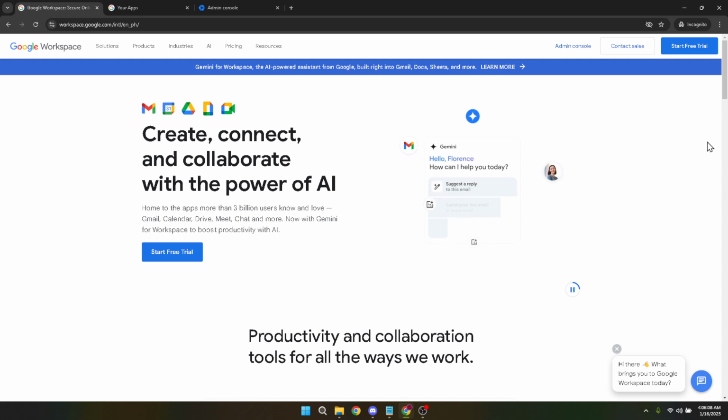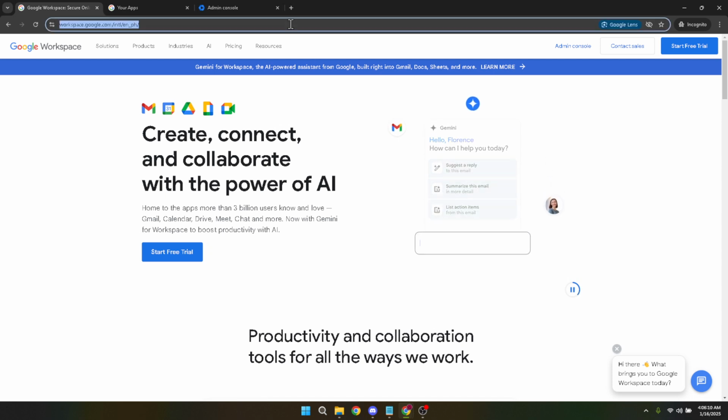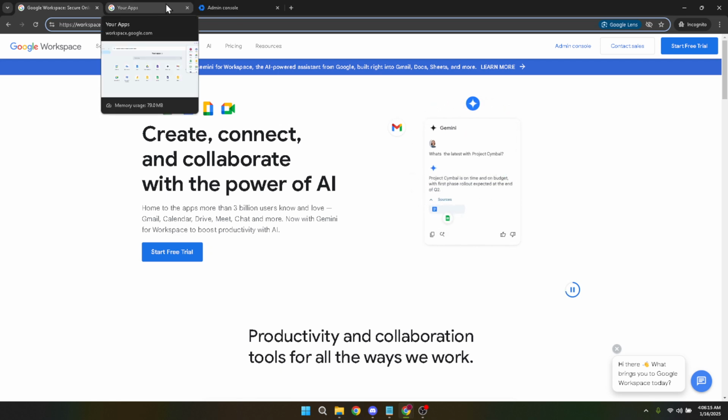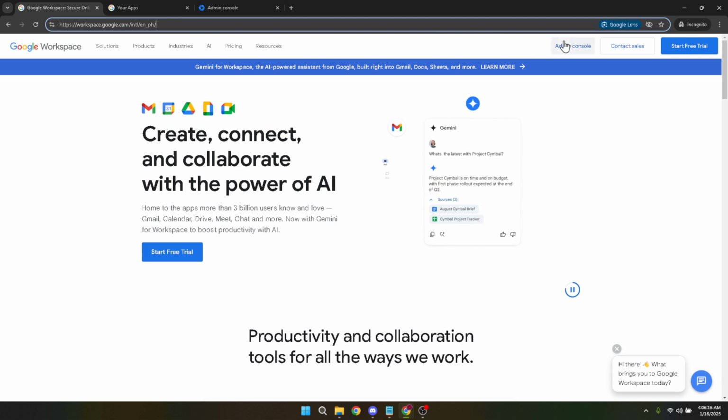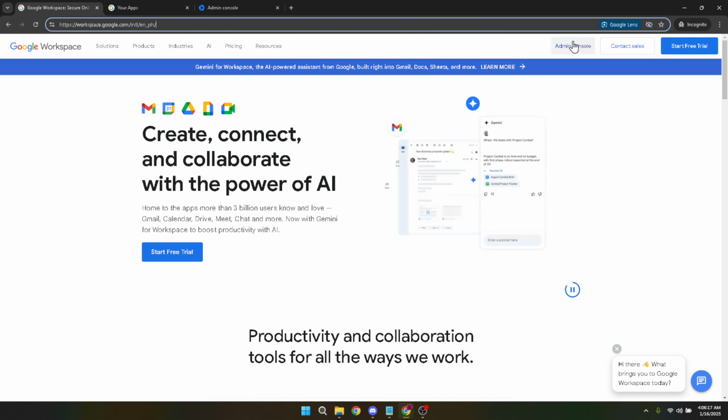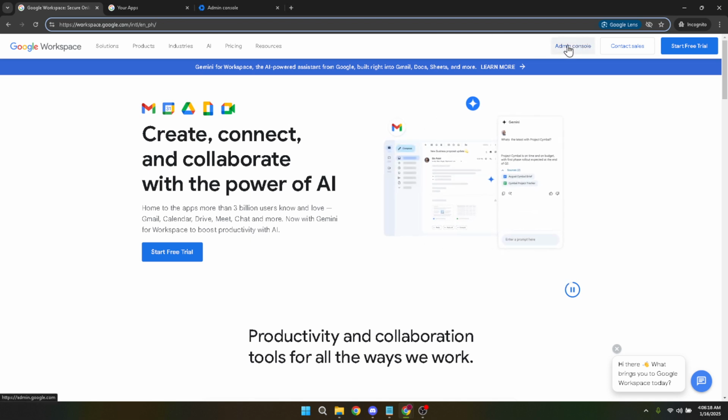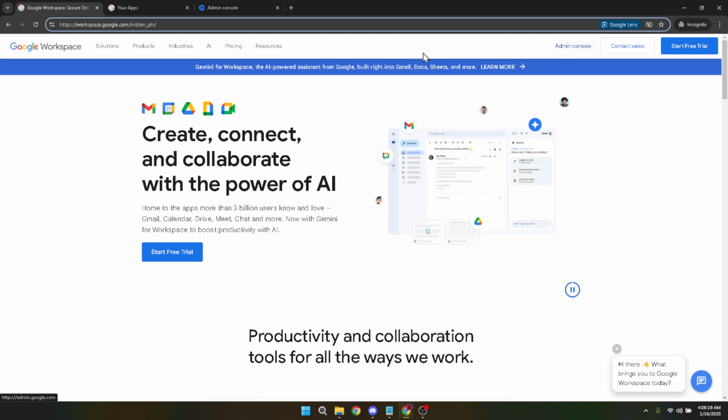To start, open your preferred web browser and navigate to Google Workspace. You may already be familiar with this platform since it's where all your management tools live. Once there, make sure that you're on the main Google Workspace page. Now look for the Admin Console. This is your hub for managing everything in Google Workspace, from users and settings to security and groups. Click on it to proceed, and you'll be prompted to log in.